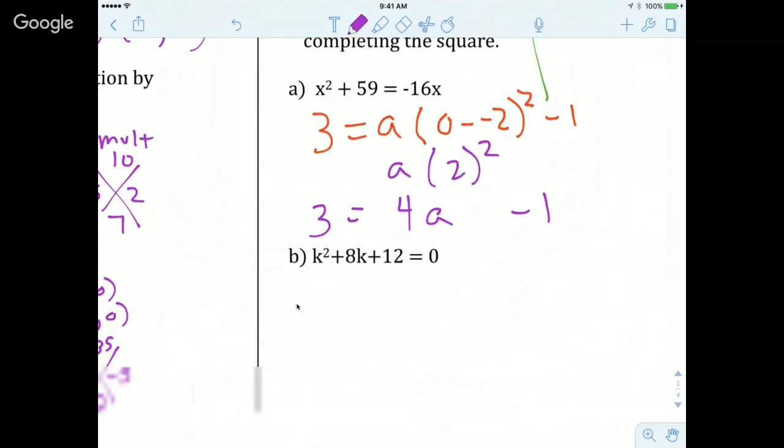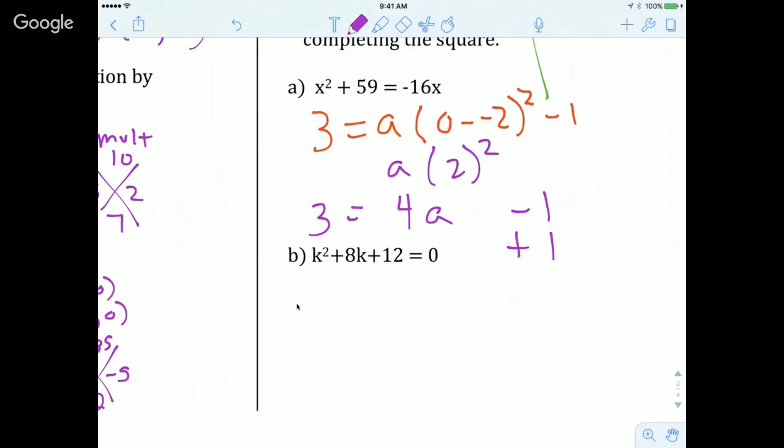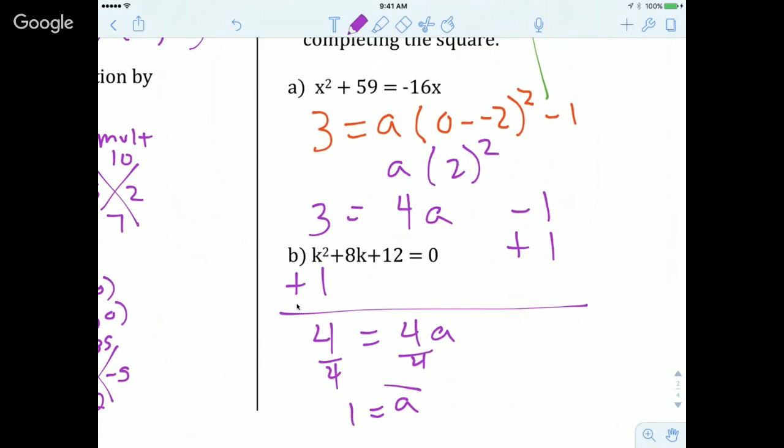The opposite of subtracting 1 is adding. 3 plus 1 is equal to 4. So 4 times a, divide both sides by 4, and 1 equals a. So my a is my 1. And then the last step that you're going to do,